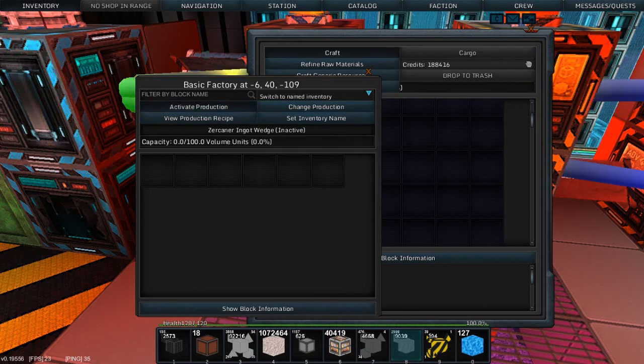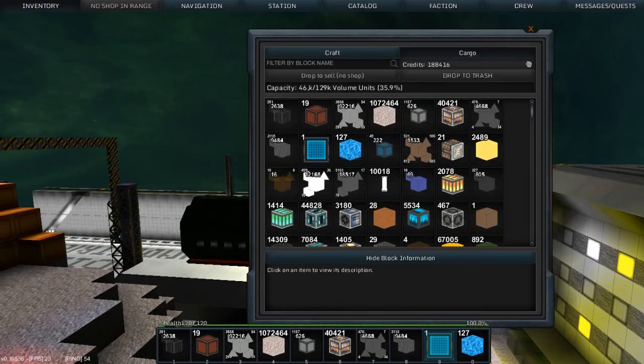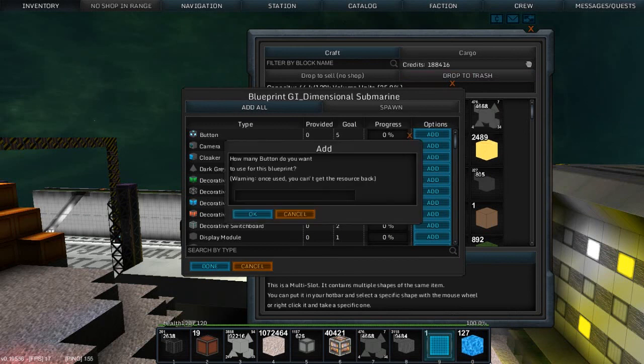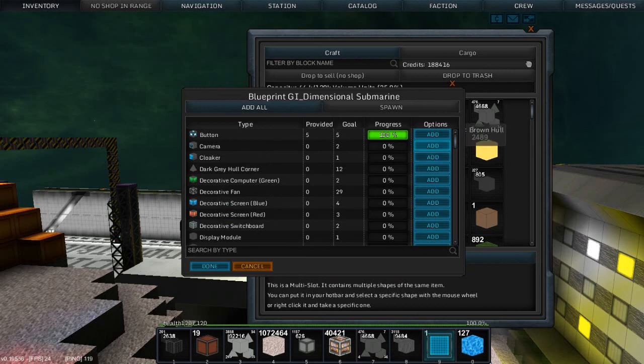Cool. And do a couple of hundred of those. So, alright, maybe we should just do this as regular people. Add. Oh yeah. How many buttons? 5. 2. Do we need to...